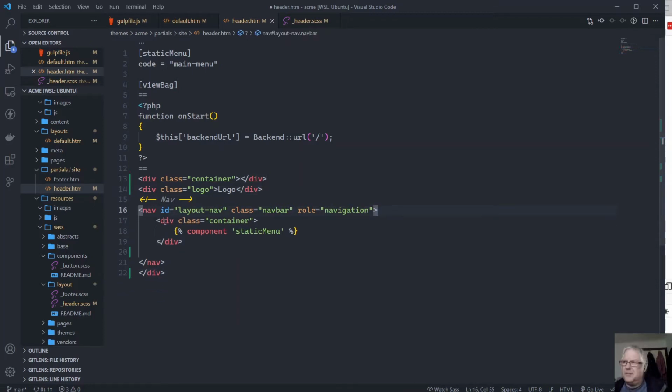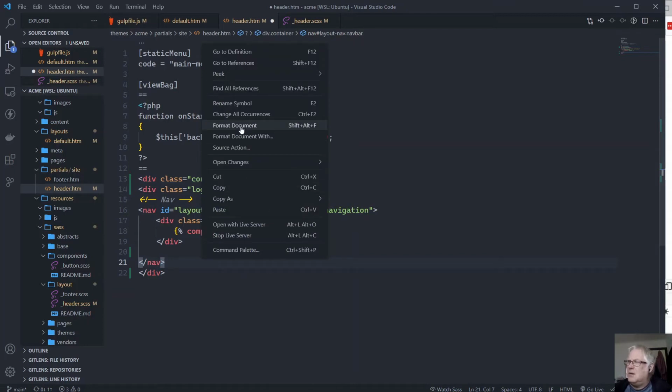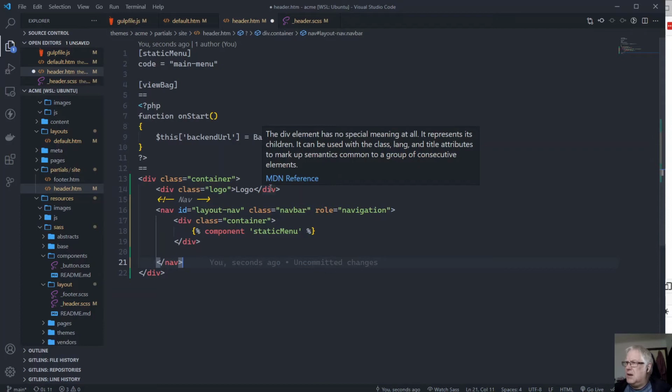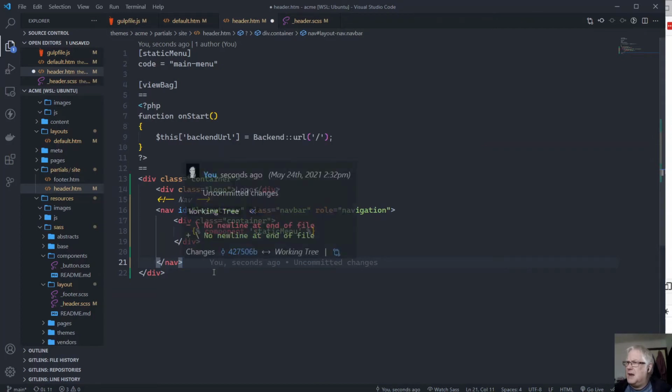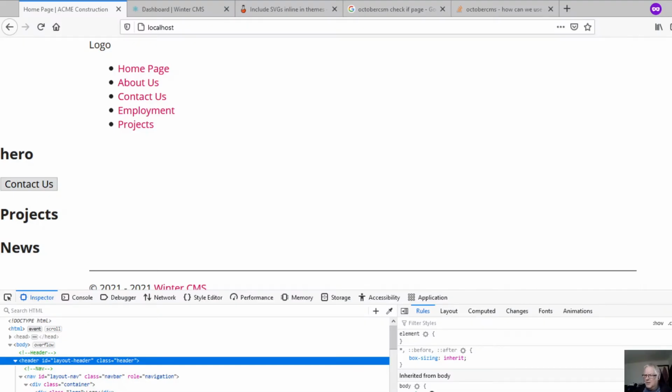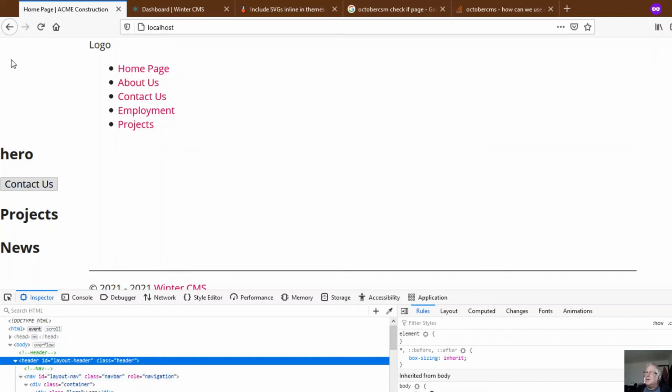Alright, that should give us something a bit more meaningful, except we've got to get rid of this closing tag here, and yep, that all matches up. So now we've got our container inside the header, logo, and we've got our nav. With a bit of luck,